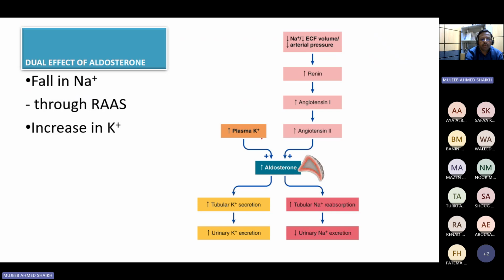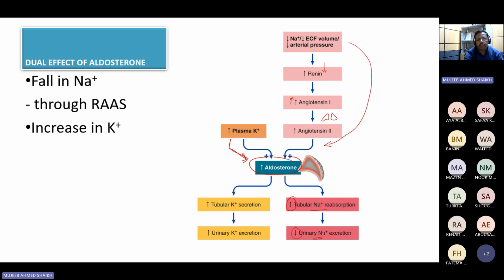Two mechanisms are there for stimulation of aldosterone. It can be by a high potassium level or by low sodium levels. Either low sodium, low extracellular fluid volume, or low arterial blood pressure leads to increased renin, leading to increased formation of angiotensin 1, which will be converted into angiotensin 2 in the lungs. Then it comes to the renal tubules to cause increased reabsorption of sodium,